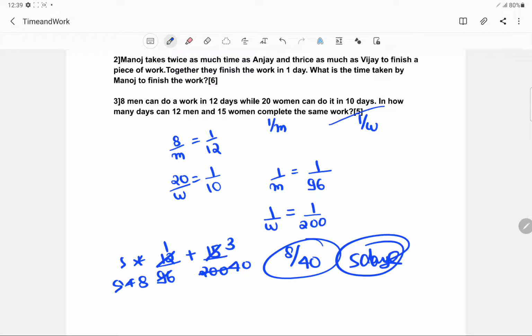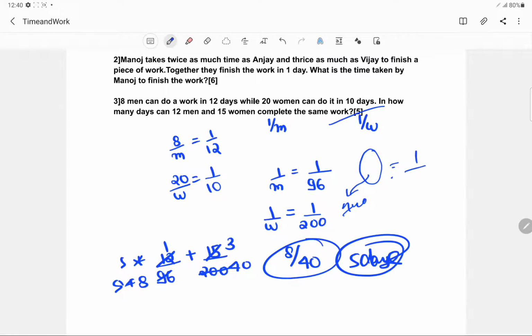You just have to follow one simple rule: convert it to the unit base. Always talk about, whether it is efficiency or the pay scale, in terms of the amount of work done. And if you are comparing the efficiency, efficiency should always be in terms of the 1 day work. What is the 1 day work of a man compared to the 1 day work of a woman.